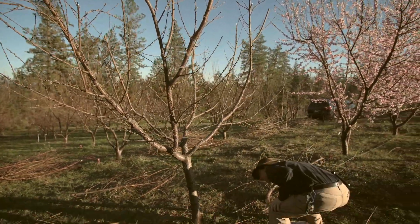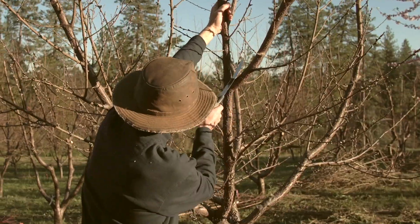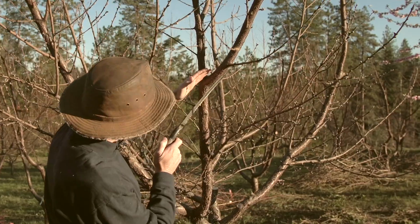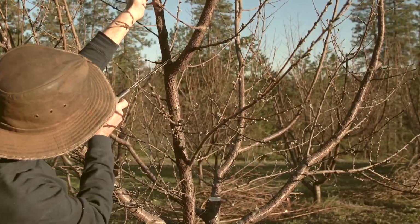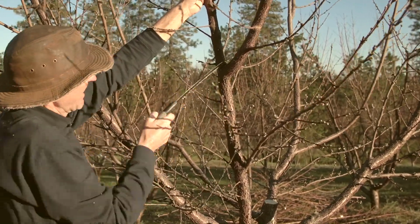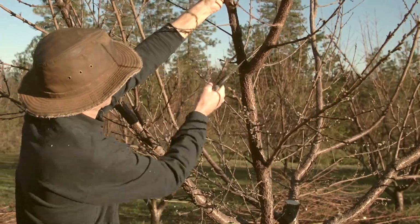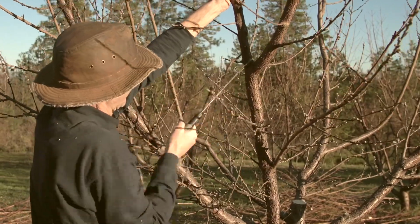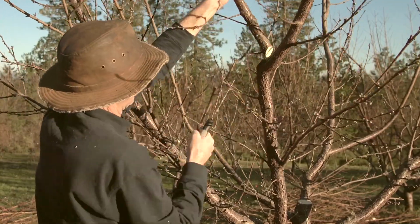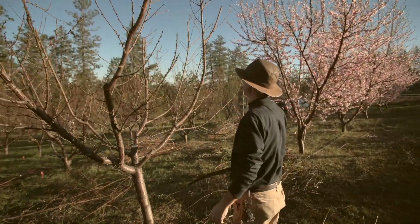So I'm going to cut that out from here. And I don't want to cut too close to this, like really close, because where you've cut it dries out a little bit. So I cut back about half an inch from being in line with the branch, and that won't hinder the sap flow through there by drying out part of it. So put that there, and